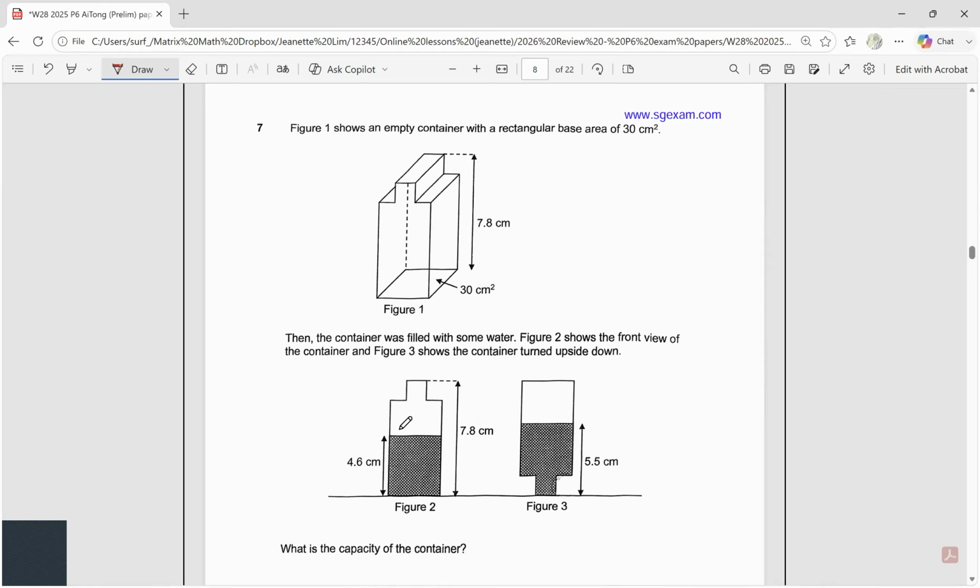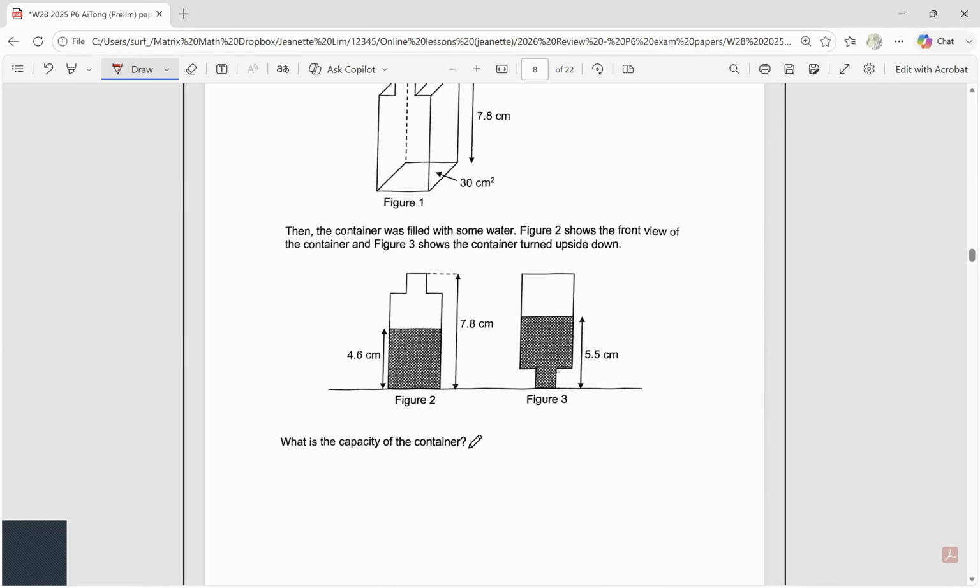I mean, from figure 2 is easy to find volume of water. From figure 3 is easy to find volume of air. So what we need to do is just add them up and you get the capacity of the container. So base area times height. Volume of water,